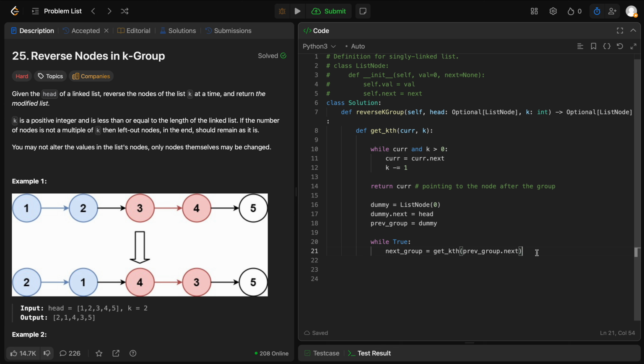That's next group. Okay, that's nice. If not next group,